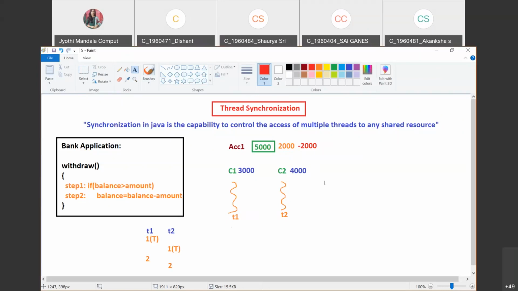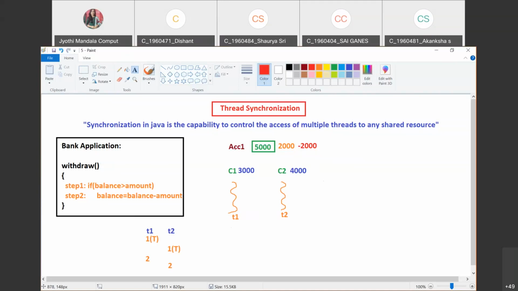This is one application and one scenario where we can see an inconsistency in the data. Now, to solve this problem, we need a synchronization option. Suppose it is a common property, in this case our account is a shared resource, isn't it? If one thread is using that shared resource, we should not allow the other threads to use it.